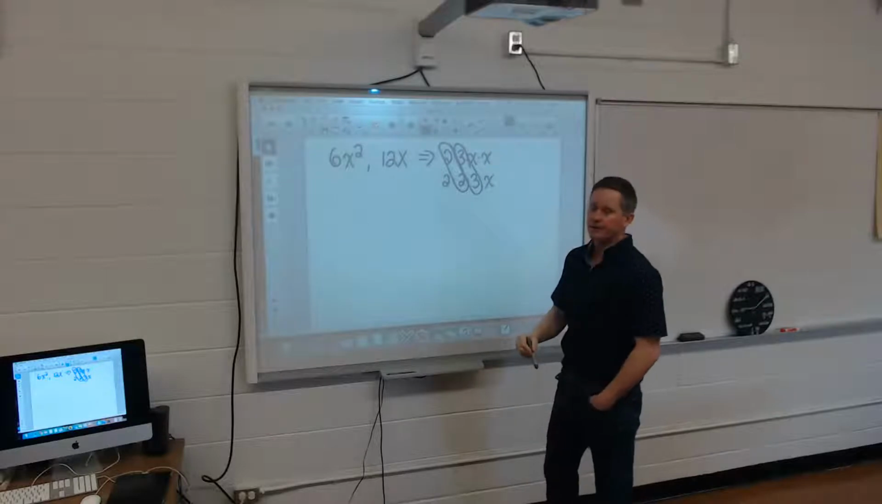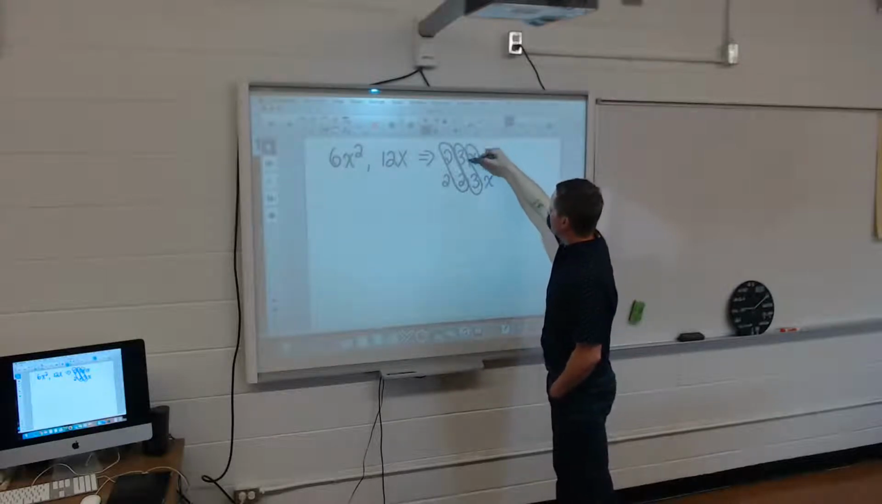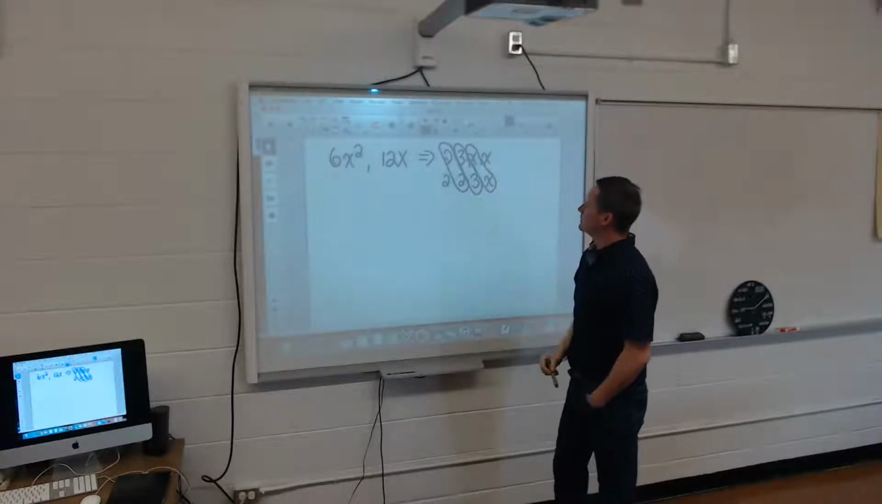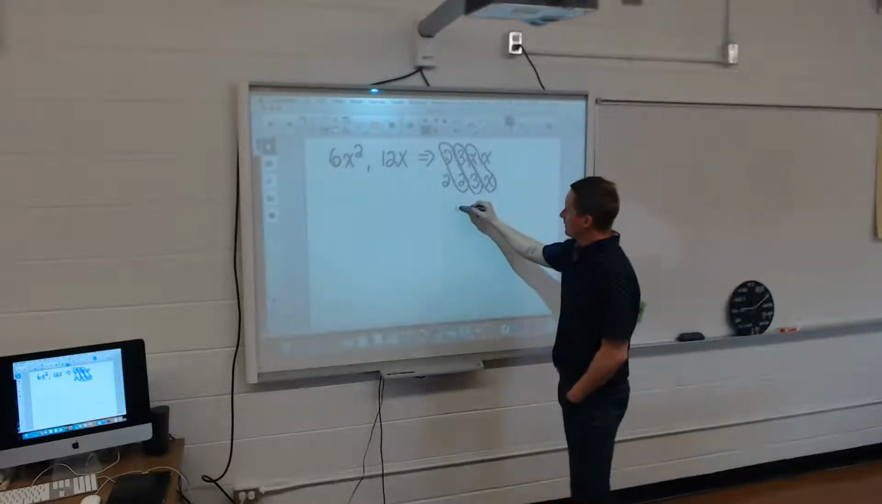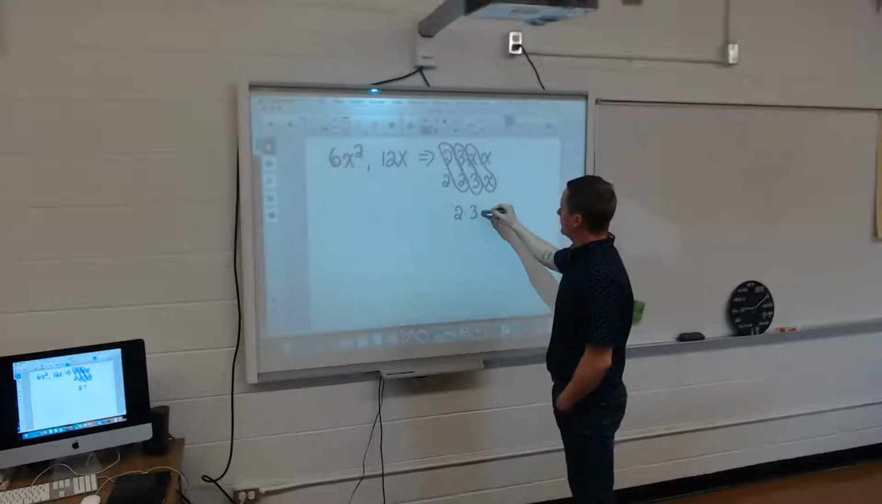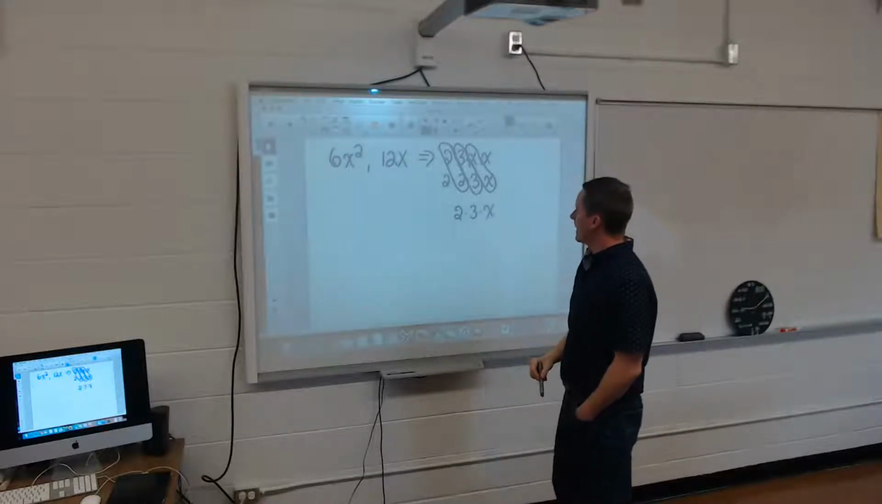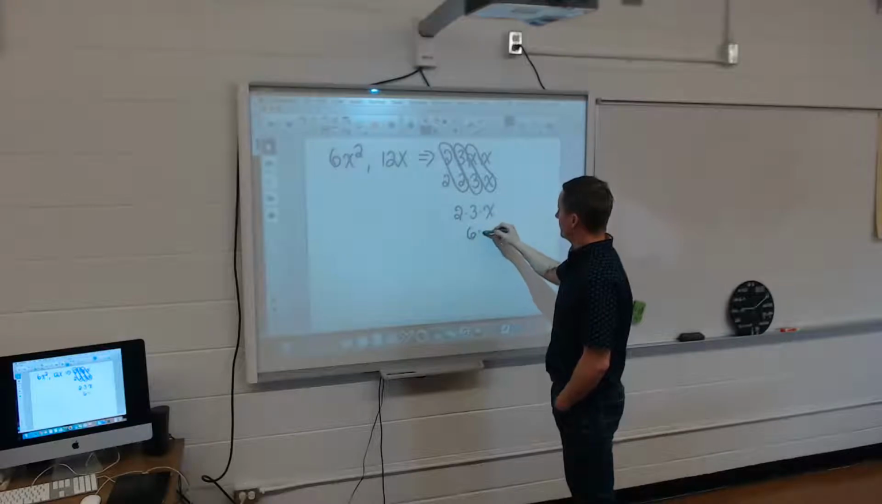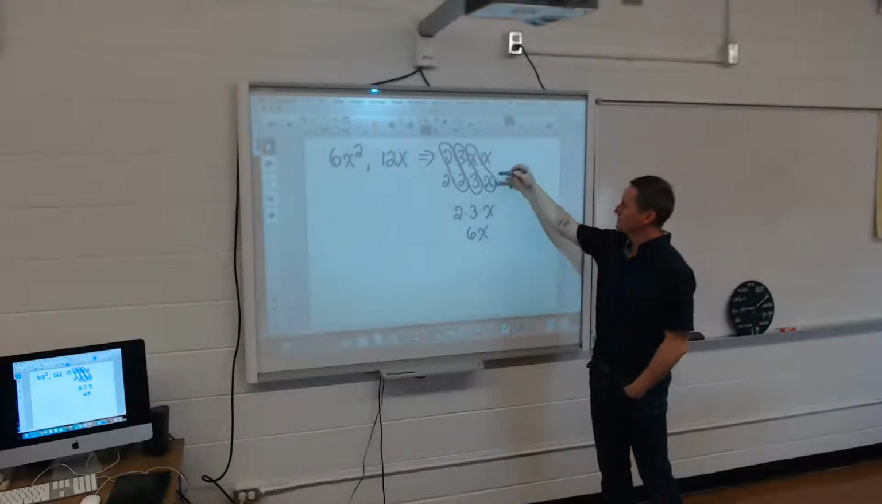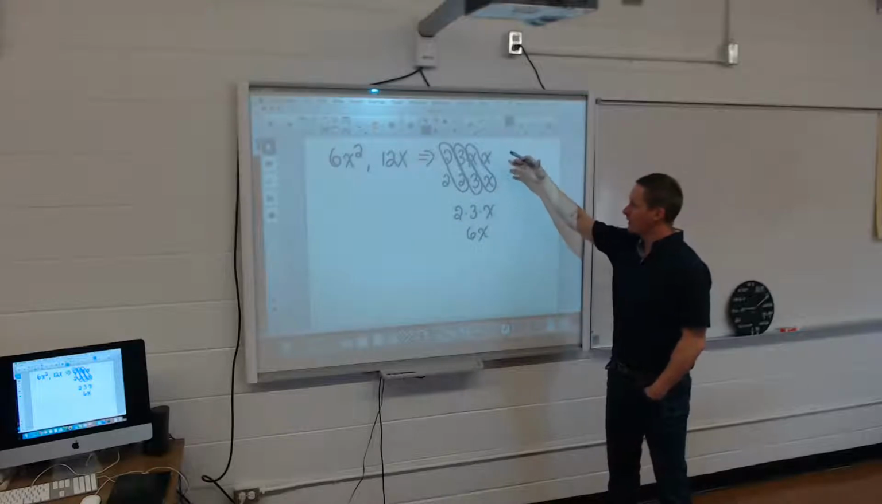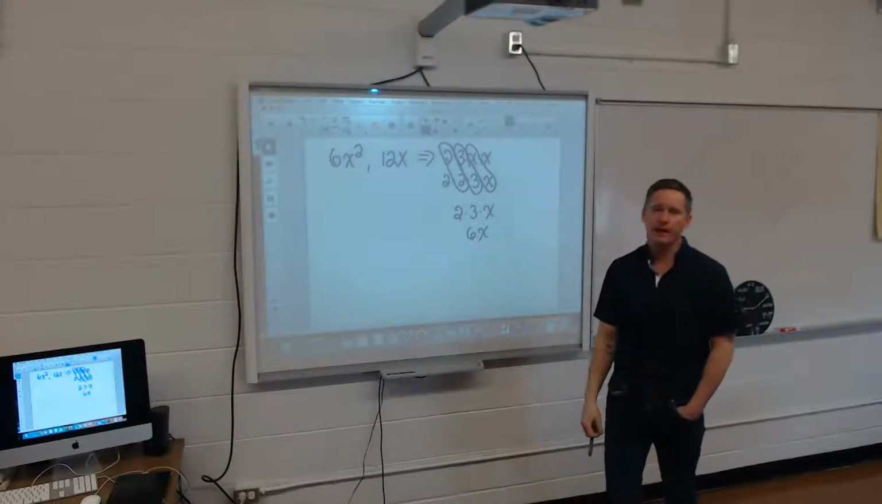They both have 3 in it. And they both have at least 1 x in it. So the greatest common factor for this would be 2 times 3 times x, which is 6x. So this is one very simple way, but a little more work, way in which we can take the